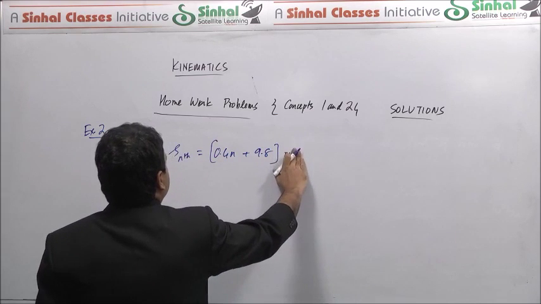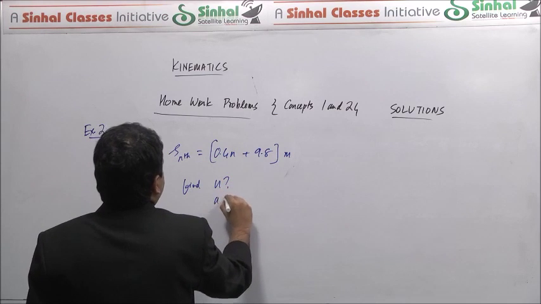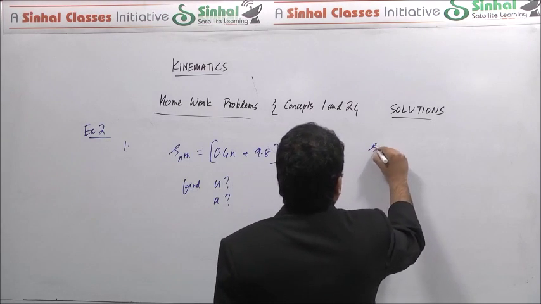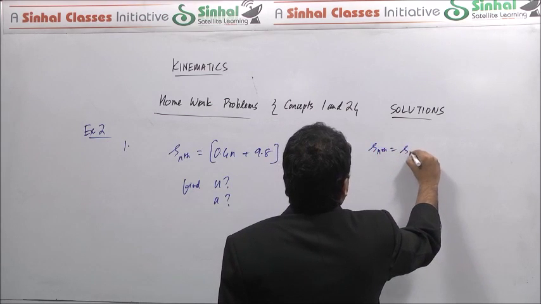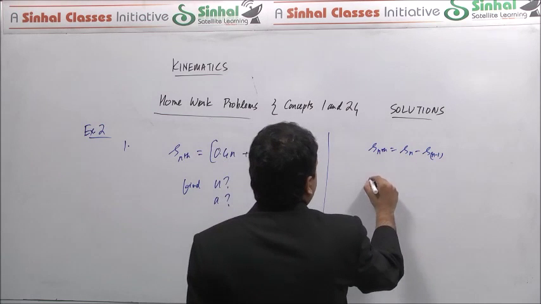From this we have to find initial velocity and acceleration. So as we've seen the formula before, displacement during the nth second is displacement from n minus 1 to n. So that works out to the formula